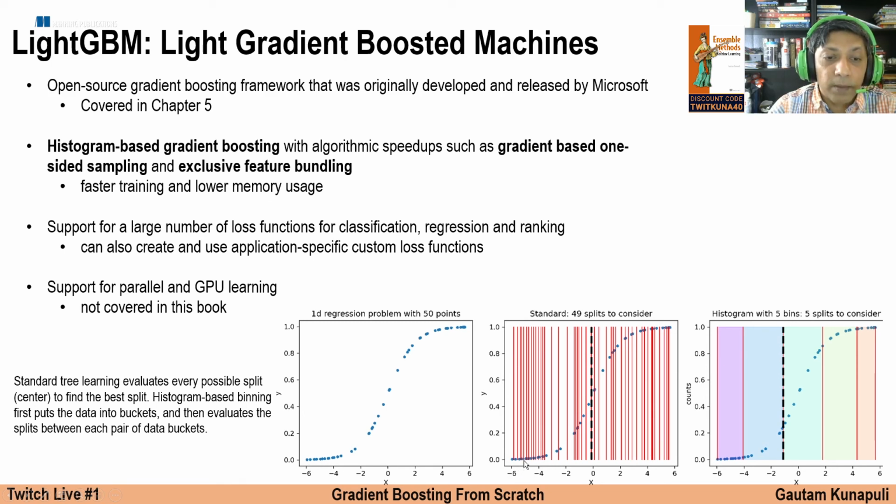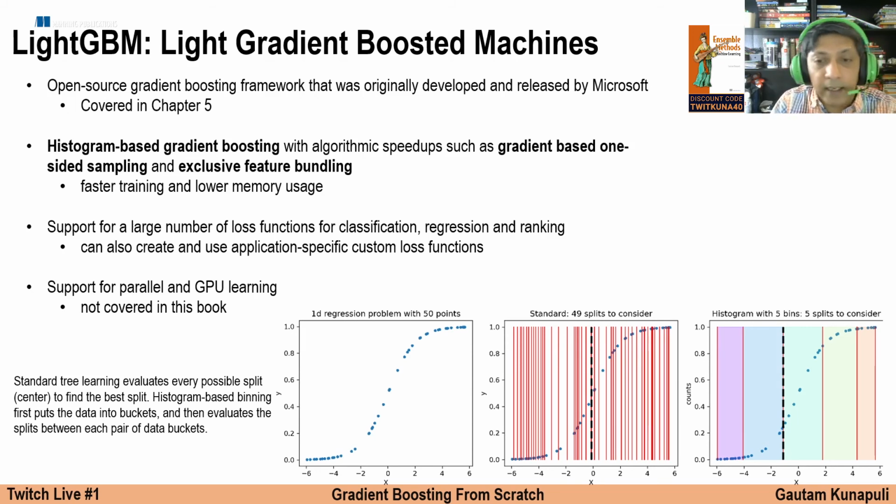I can put one split in every gap between two training examples, right? And I have to consider all of these and evaluate all of them to figure out which one is the best split, which can become very, very time consuming if you use classical decision tree regression learning splitting procedures. So what LightGBM fundamentally does, and there's a whole lot of other stuff they have going on in there as well,